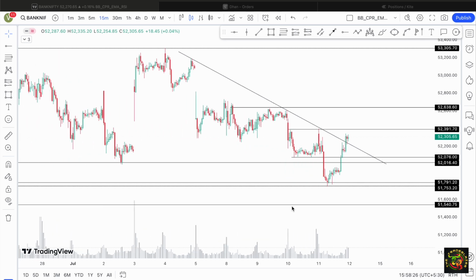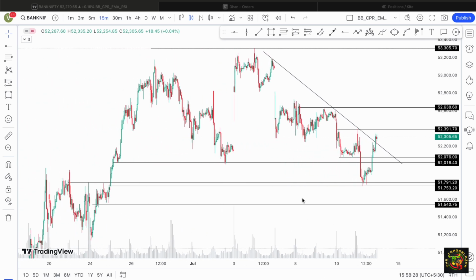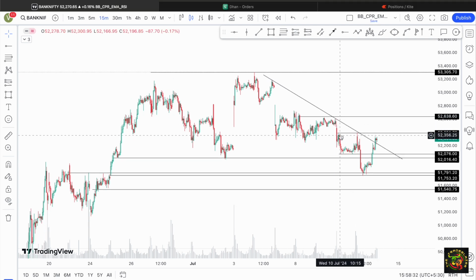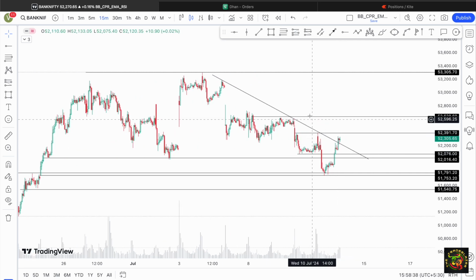Okay, so what were the levels for today's trading? These are some key levels that are drawn for today's trading. You can see this is one selling area where new sellers got added during this move in yesterday's trading session, and then this is one more selling area, and then key support levels are yesterday's low and